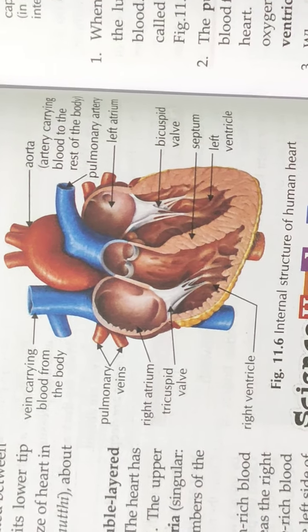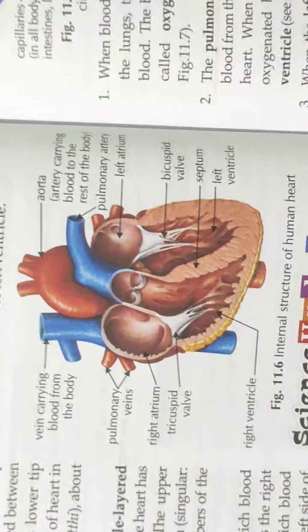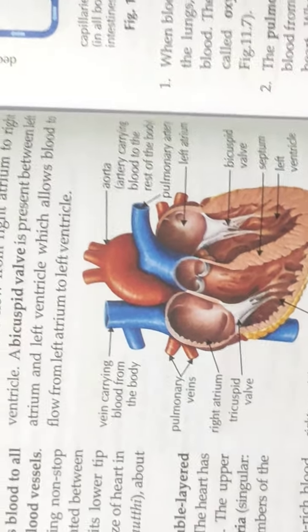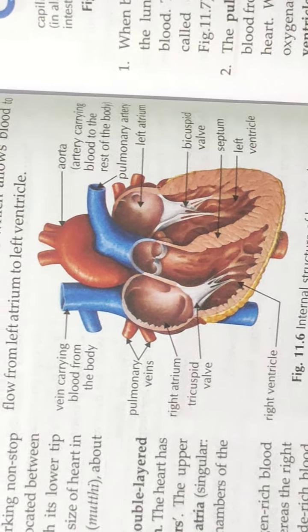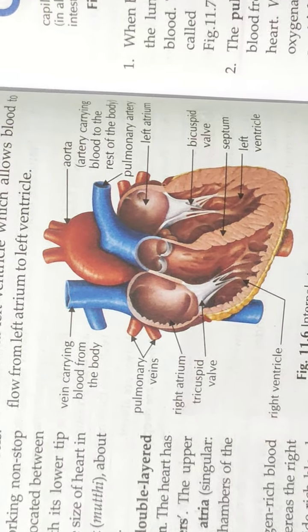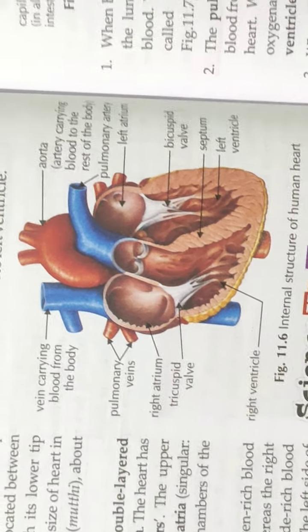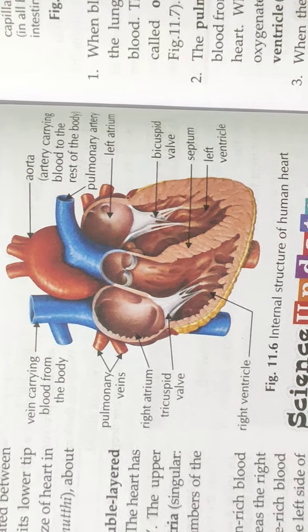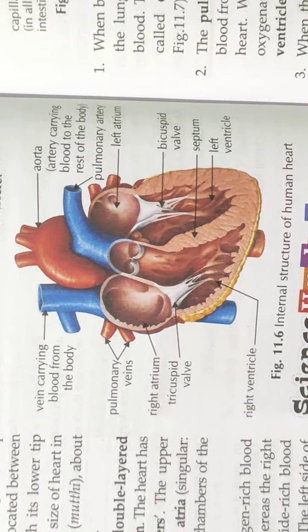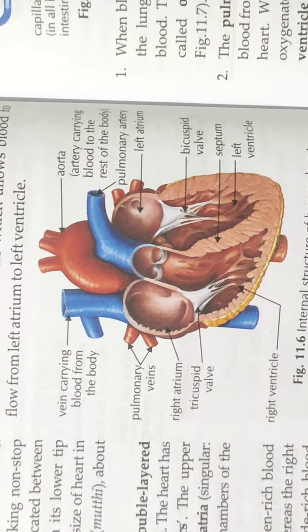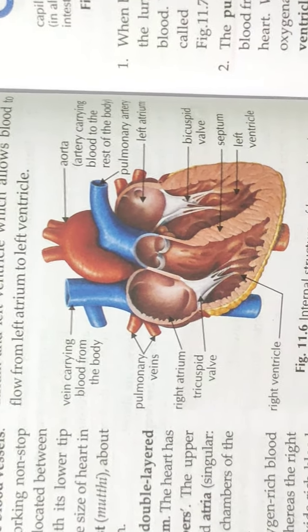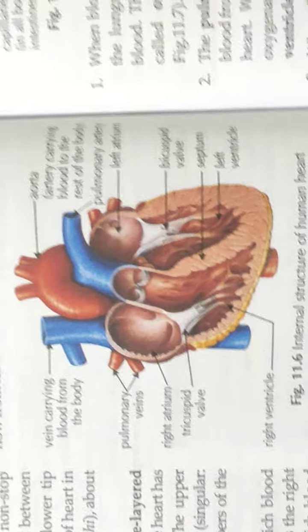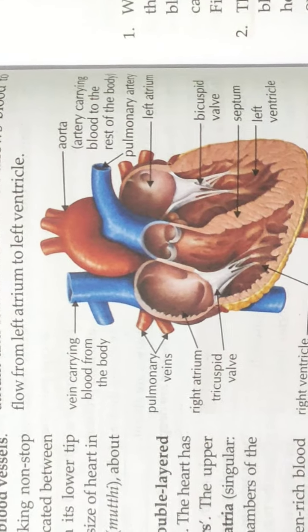The left side of the heart has oxygen rich blood. It is also called the oxygenated blood, whereas the right side of the heart has carbon dioxide rich blood, that is also called the deoxygenated blood. The left side of the heart is completely separated from the right side of the heart, which prevents the mixing of oxygenated blood with the